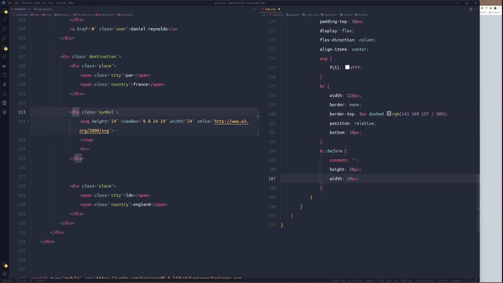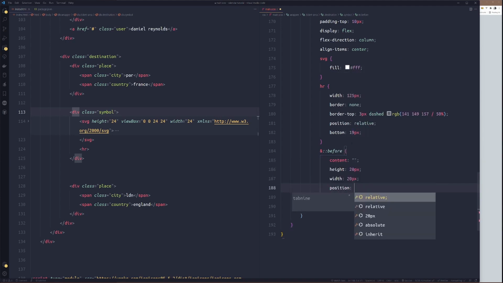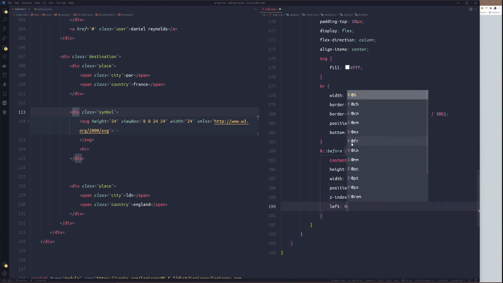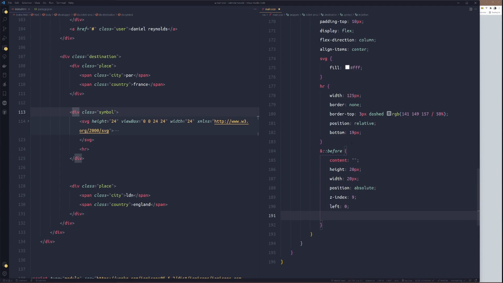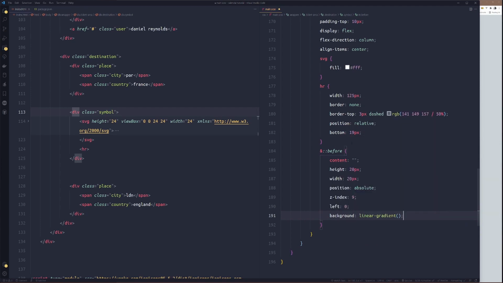Width will be 20 pixels as well. And position absolute. Z index will be 9. Then we'll set the left to 0 so that you can do the extreme of that symbol. Why the background? We'll set the background to linear gradient 90 degree.